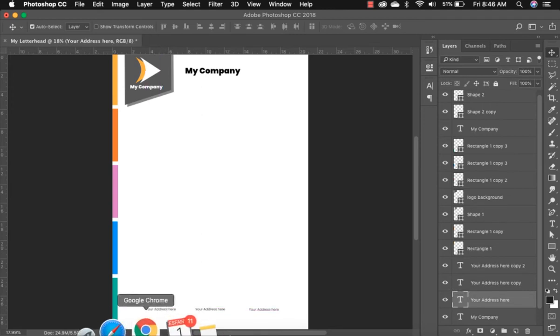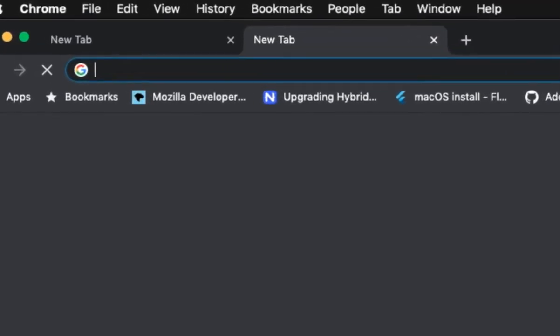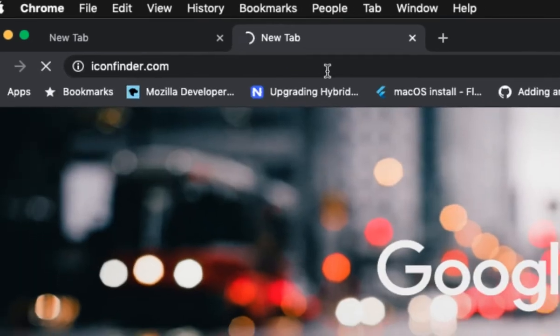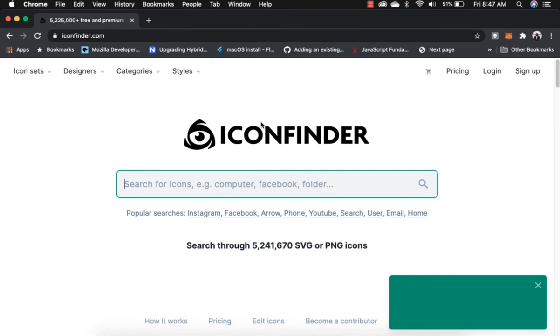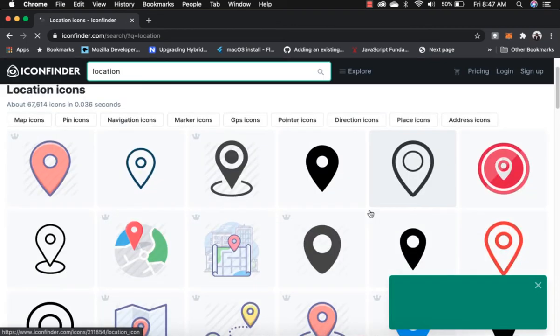Okay, so let's go to Chrome and launch a new tab. We need to bring in icons. And where do we get icons from? So type in iconfinder.com, press enter on your keyboard. From Icon Finder, you can get premium icons, or you can type, we need location icon, press enter, scroll down,